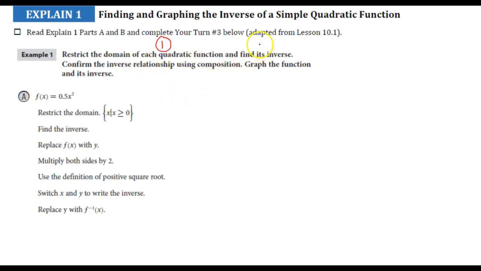The next thing we have to do is find its inverse. Okay. The next thing they want us to do is to confirm the inverse relationship, and then last but not least, graph that function. So we're going to restrict the domain. The first thing you'll notice that we're going to do pretty much for every single problem is we're going to restrict the domain. Remember, domain is just all the x values. So when we have a graph,